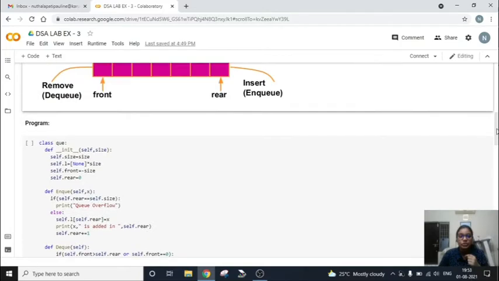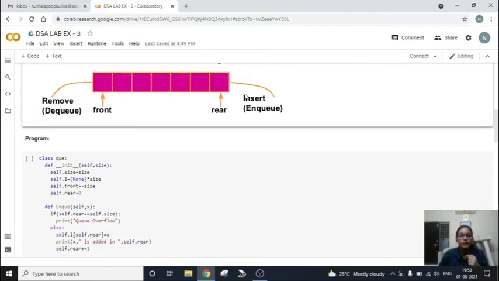As I have mentioned earlier, before doing any insertions, the rear will be pointing to the front, which means the rear will also be pointing to the first index position. Whenever a new number is being inserted, the rear will be incremented.